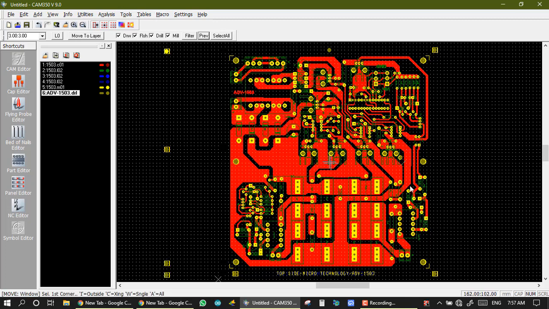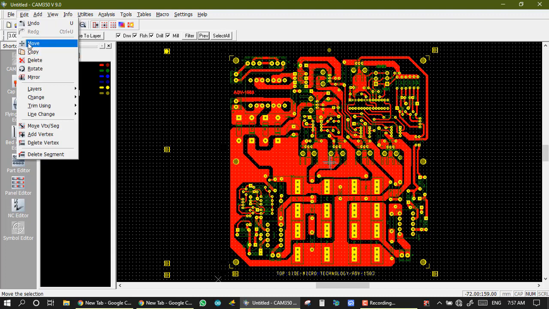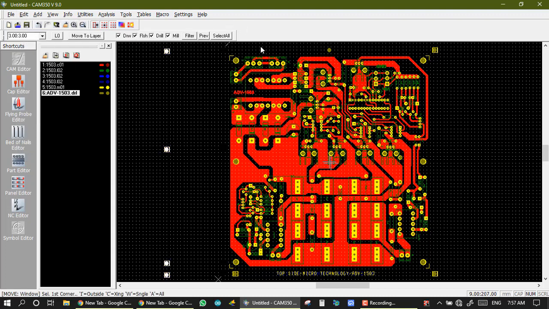If I want to move all of this, then I go to edit, move, select preview, and a second time select some decode for move.